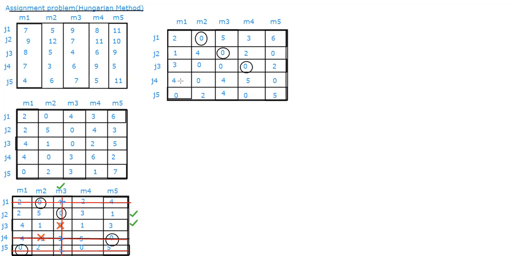Then comes my fourth row, wherein this one I cannot select. In this one I don't have any. 1 and 2 and 0s we have. So first I cannot select this, but this one has no issues. I can select it, no? So I'm selecting this one. And in the last row, the first 0 itself I have got.